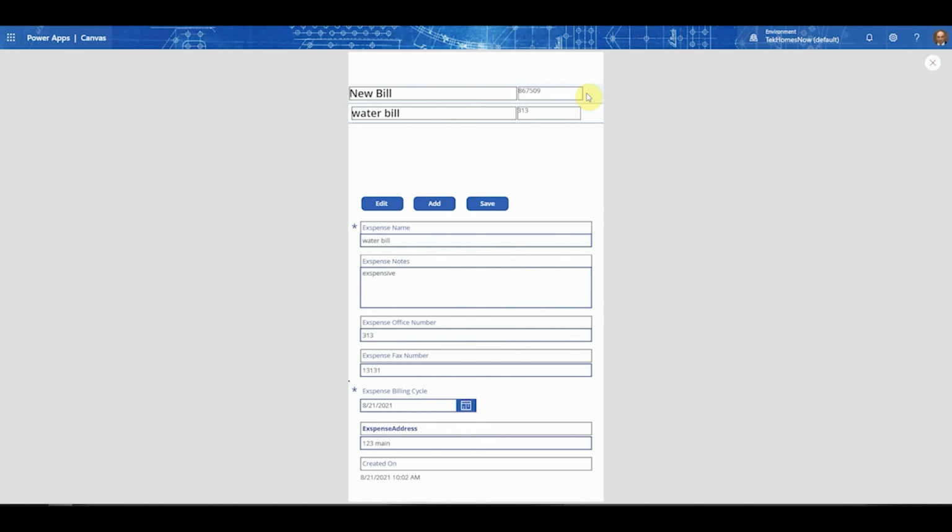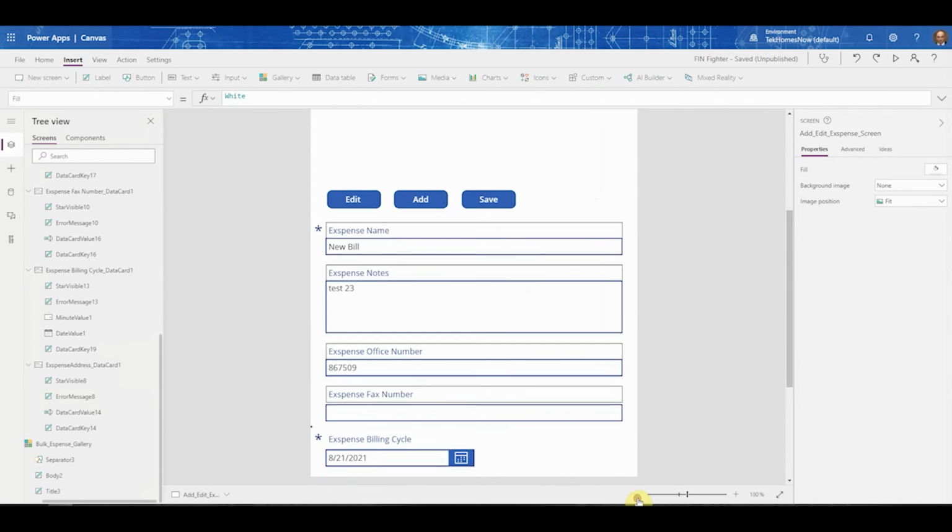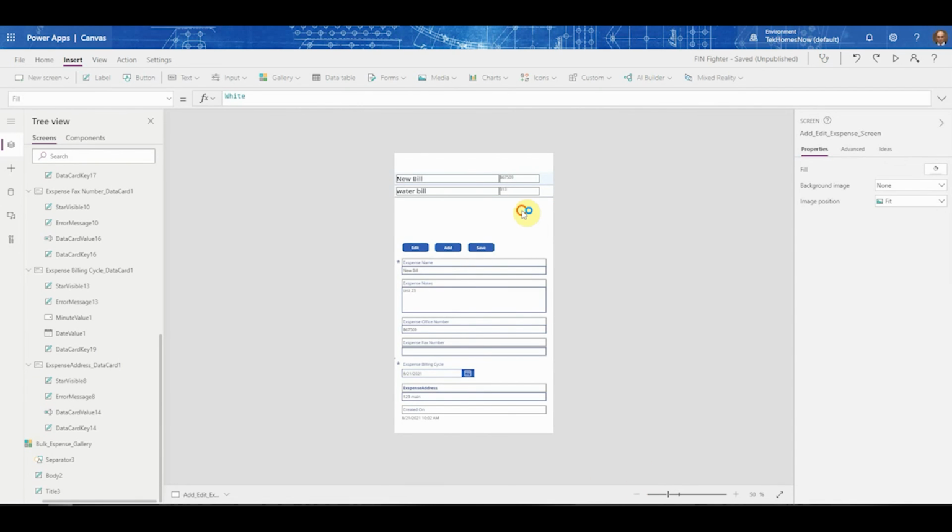And then I can go into the new water bill. Select edit. Now we're editing. Test 2, 23. Save. Boom. It's saved. Now if I go back, water bill, test 23, saved. It's good. It works, guys. I'm going to zoom onto this. So we did it. We created this little gallery here